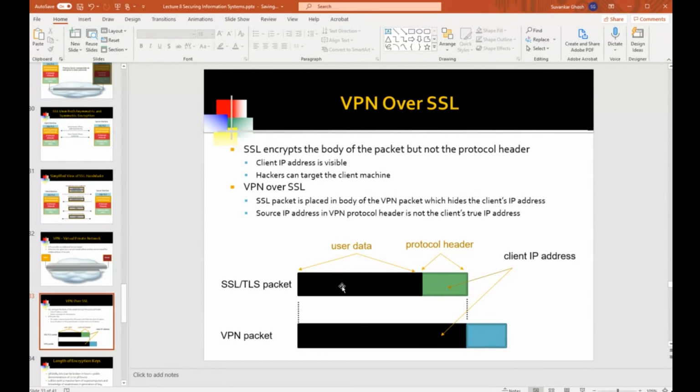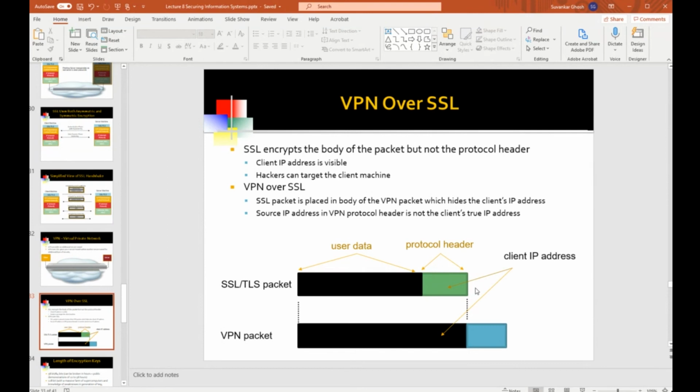So user data meaning everything, including the packets carrying your username and your password. All of those packets are all encrypted. The user data is encrypted, so nobody can see it. But the protocol header, which has things like the source IP address and the destination IP address, they are not encrypted. The protocol header is not encrypted.